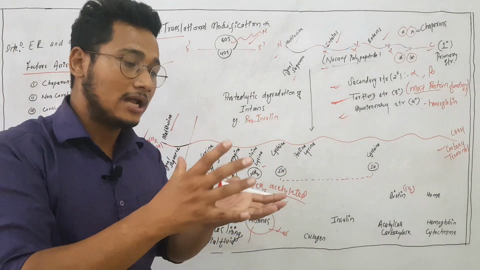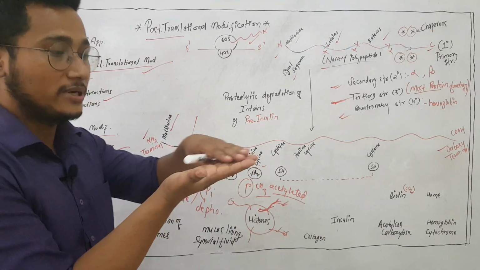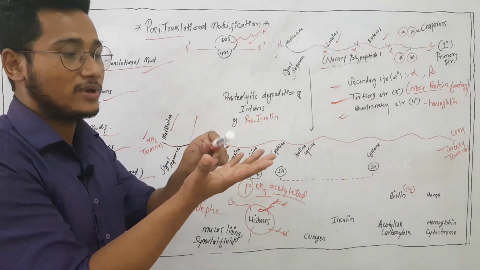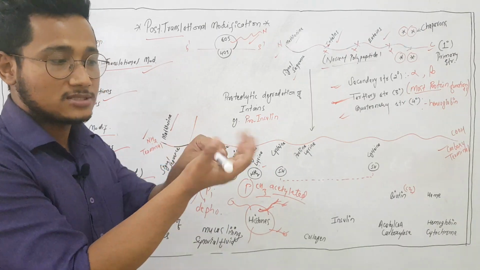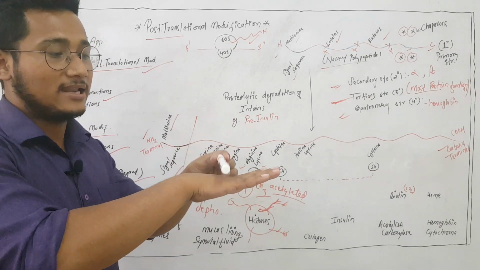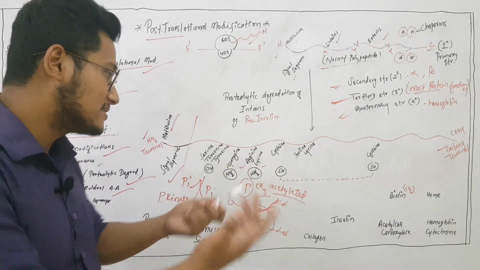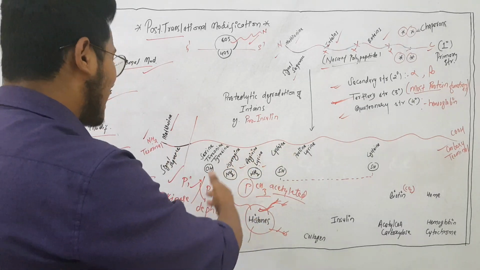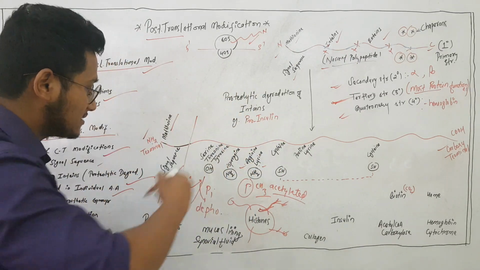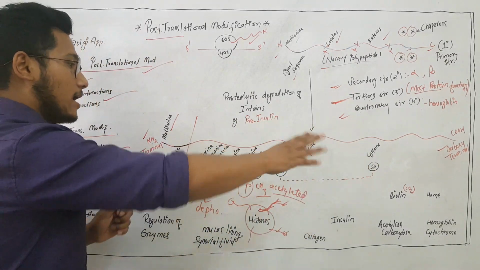So here again, always remember structure defines function. For example, if this is a protein, let's say my hand is a protein, it is designed in such a way that I can grab this pen. So the structure defines the function. If I keep my dorsal side and put my pen here, I can't grab it because it has not been designed in that way. In a similar way, the proteins are also designed, and that design or folding of the protein is basically because of these factors which bring in modification of these proteins.